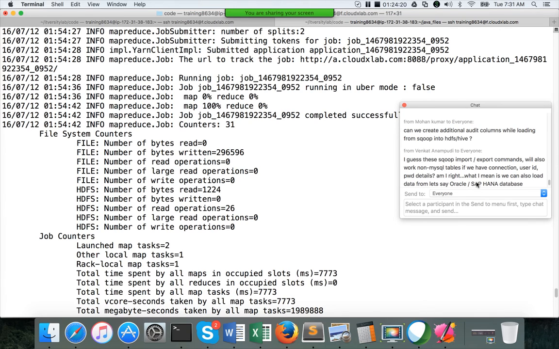For example, if you want to get the timestamp when the import happened, that needs to be included as part of your import command itself. You have to select all the columns you want, and then the timestamp column to get the data, and then you can load into HDFS.